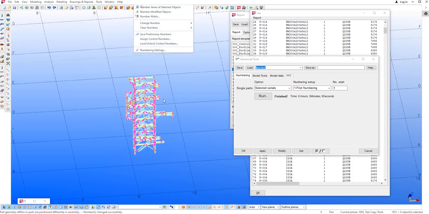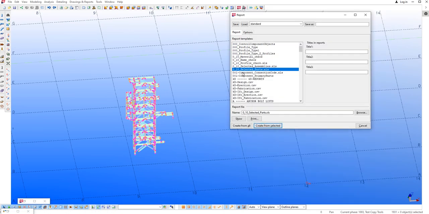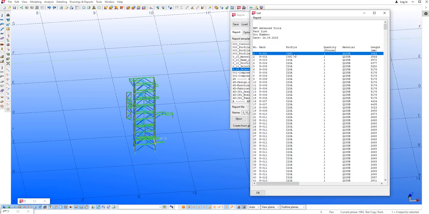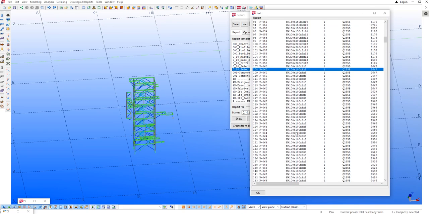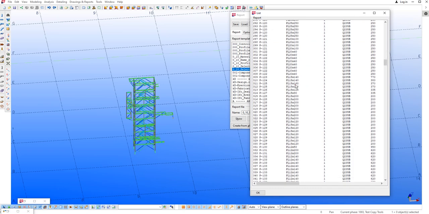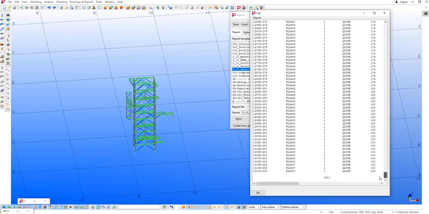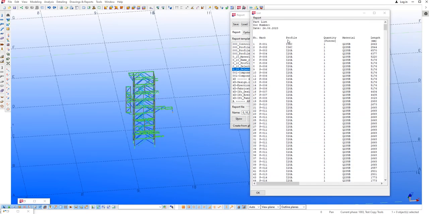Now you perform the numbering, the updated numbering control. You save, and now we create the report again. You can see now that the bar positions follow the profile control with the length, with I profile, IW profile, and U, L, almost all profiles. After that, follow the plate thickness from the maximum to the lower and smaller. That is easy for you to control almost everything. That is the idea to make the single bar numbering to make your project more professional.